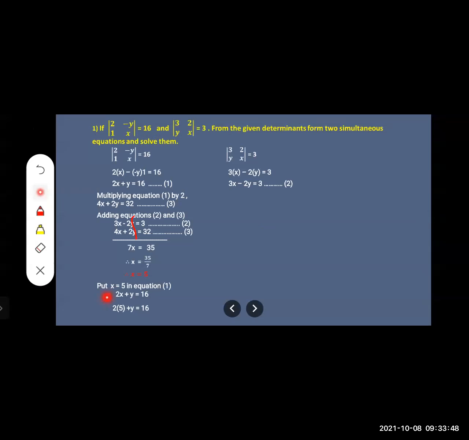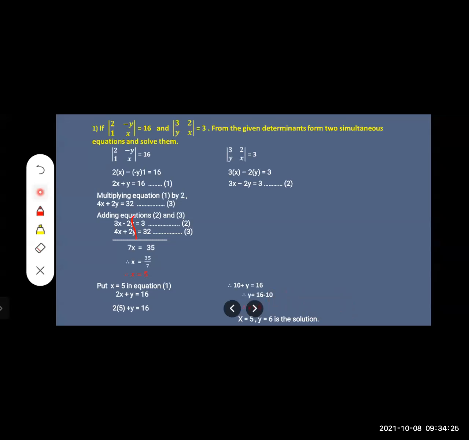Yes, in x place, you have substituted 5. Okay, 2 into 5 plus y equal to 16. So 2 5s are how much? 10. 10 plus y equal to 16. 16 has come over here. Now you see, therefore, y equal to 16, this plus 10 comes to the other side. It becomes minus 10. Okay, so 16, 10 goes means how much? y equal to 6. So the last answer, how will we write? x equal to 5 and y equal to 6 is the solution.